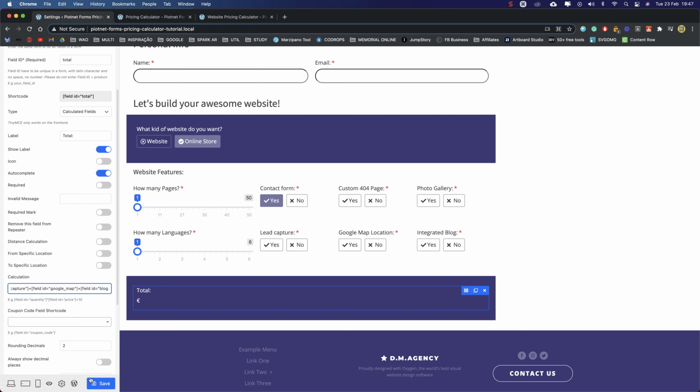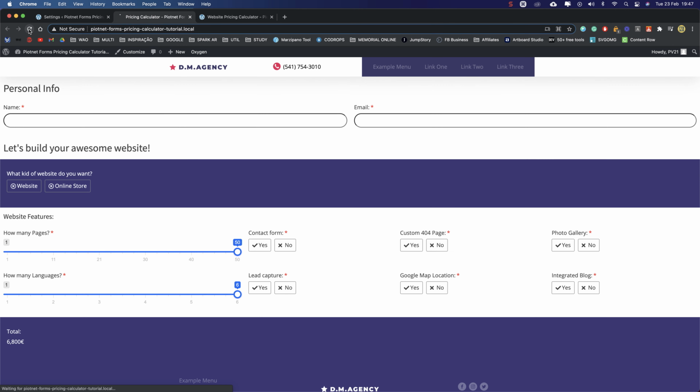Okay, let's save it and let's see if it's still working or if we broke something. Okay, this is working. It added 100, 100 more, another 100. Okay, perfect. Awesome. It's working, the calculation.